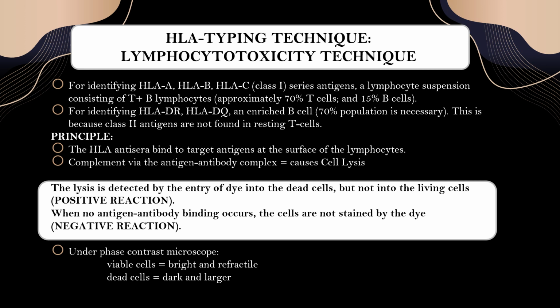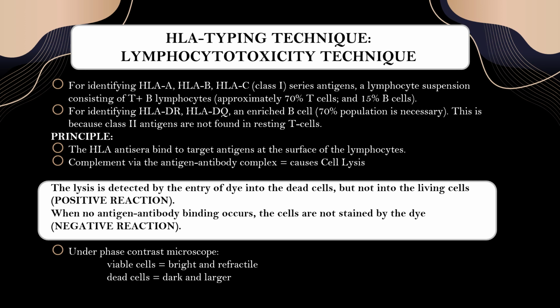HLA typing technique, the lymphocytotoxicity technique. As per genomic ruling, the HLA typing is performed using the lymphocytotoxicity technique. Nowadays, class, lymphocytes are always used as the target for the HLA typing. In this technique, class, we have two modifications. However, we are no longer diving into a deeper scale of explanation since this topic is generally not of much academic